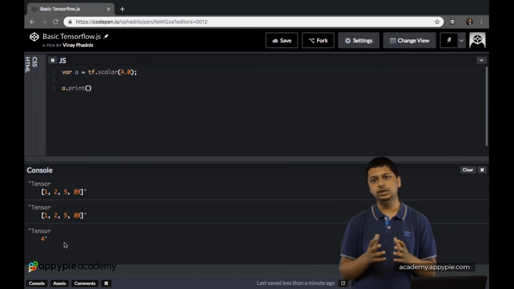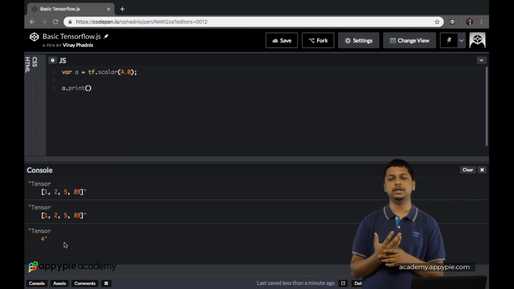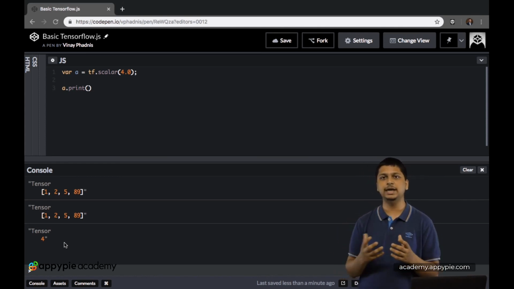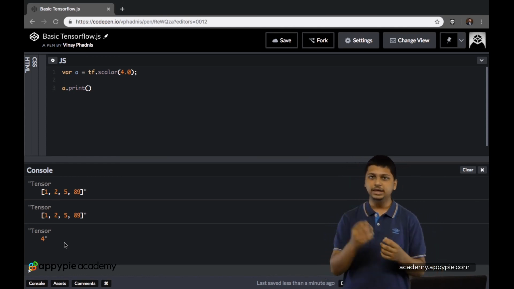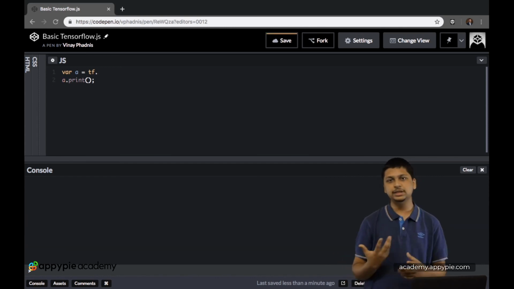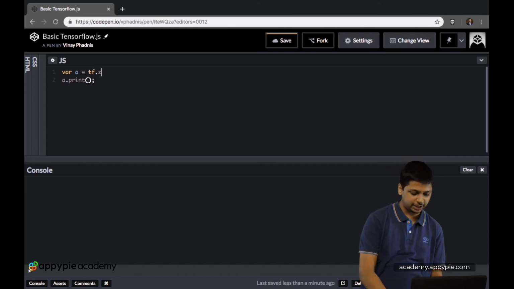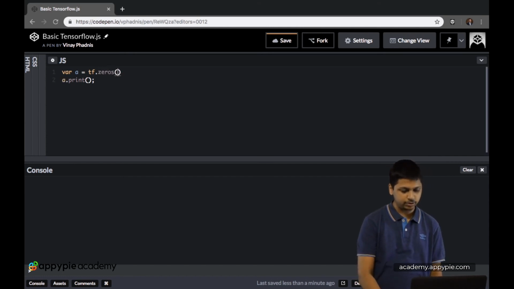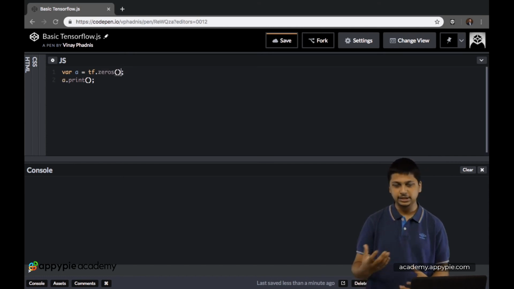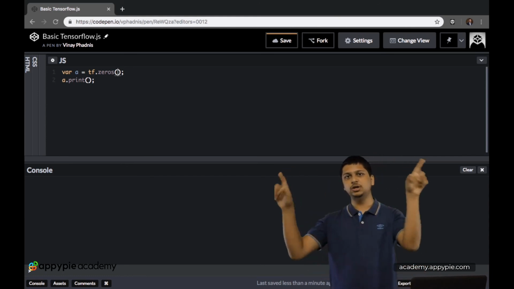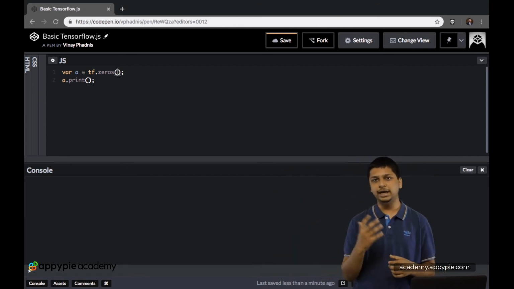Okay, so now a very important method which I would like you all to understand in TensorFlow is tf.zeros. So let's make this tf.zeros. Inside of zeros, we have to specify the size of the tensor which we want as zeros.